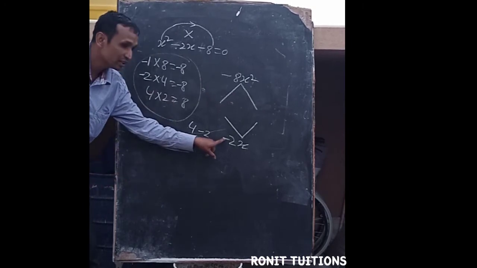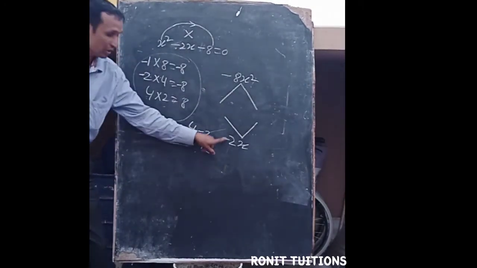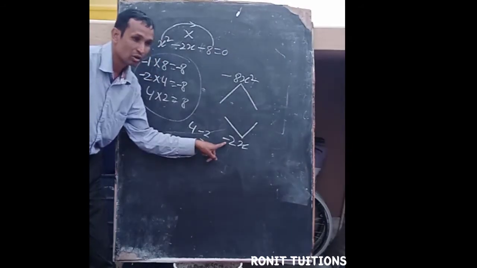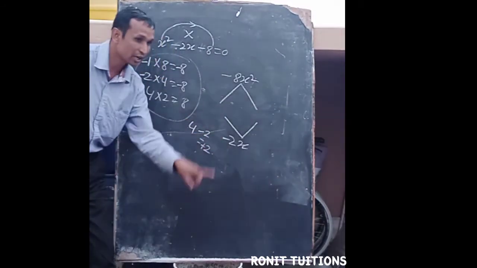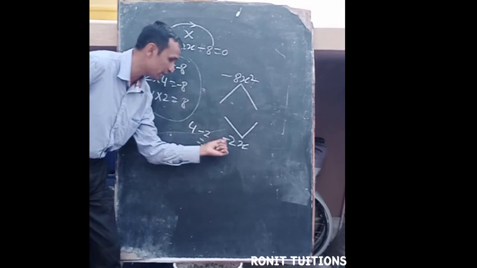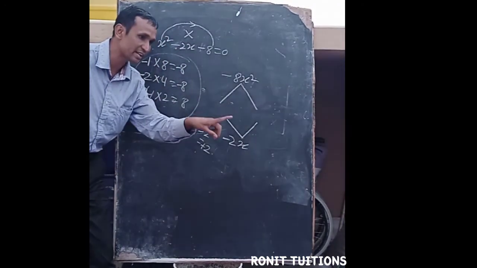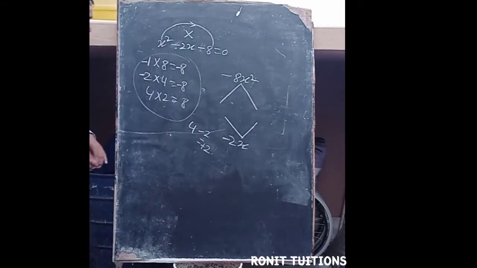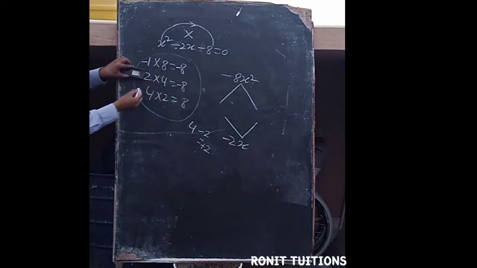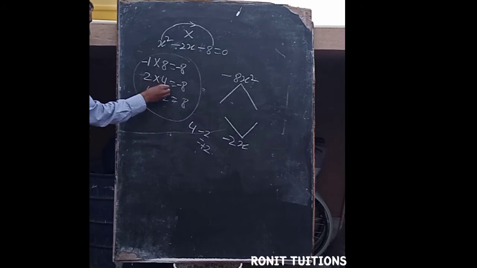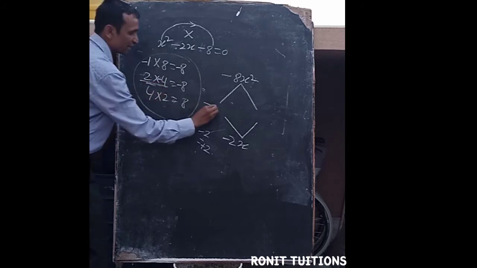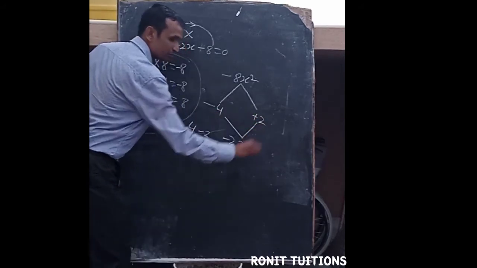So here what is the sign? Listen now. Whatever the sign here, the greater number takes that sign. This is the trick here. Whatever the sign written, the greater number you have to keep the same sign. So already you know which is the greater in that. What is the greater? 4. So your sign will come here minus 4 and here will come the plus 2.